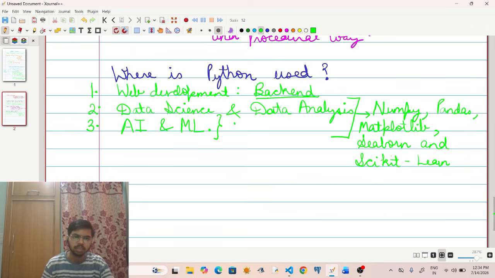Similarly, in software development, Python is also used. It is also used in game development.